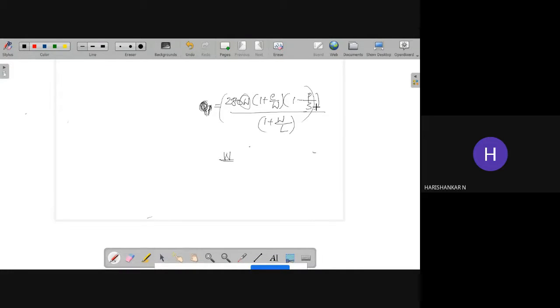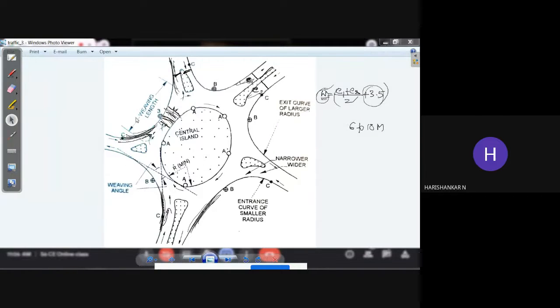Now before the L is the length of weaving. So what is this length of weaving section? L. So weaving length. You can mark here as length L. So weaving length, what is weaving length? We have already discussed it. The distance between the nearest weaving points. Okay. So what is this P? That is the only remaining term that you have to explain.